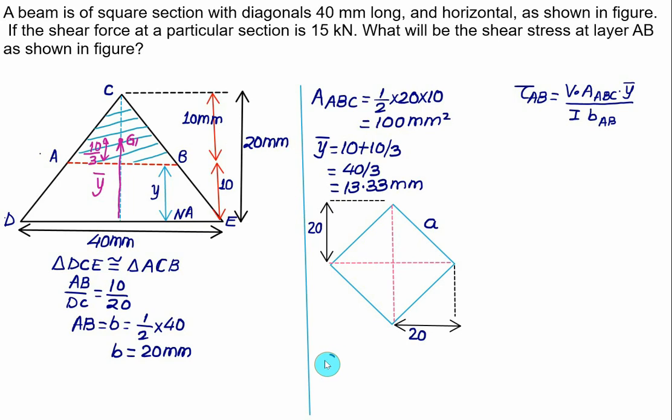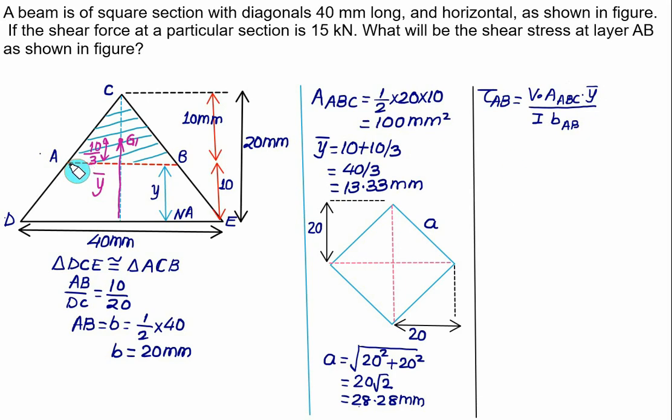So dimension a will be the same as the square root of 20 squared plus 20 squared. So we have 20 squared plus 20 squared, that is 20 root 2, which is equal to 28.28 mm. So the shear stress at the fiber AB will be equal to, we have shear force